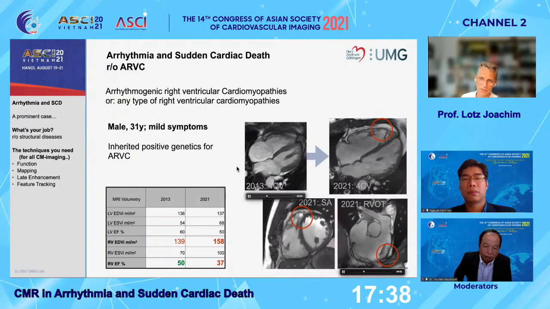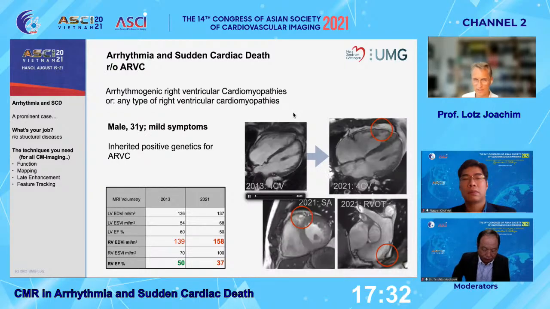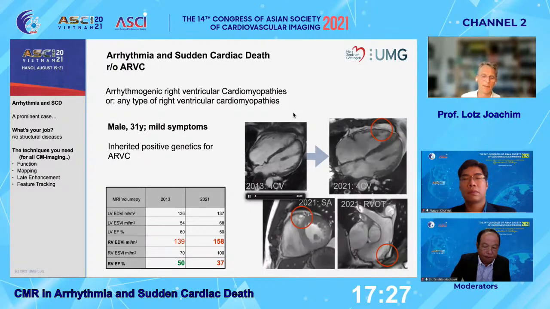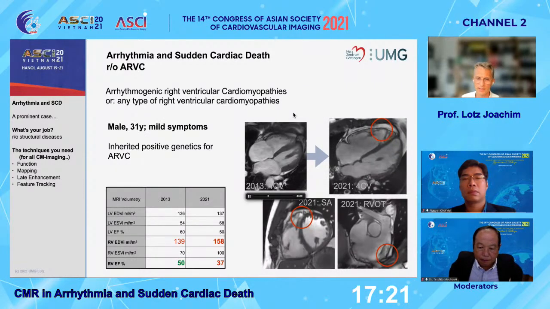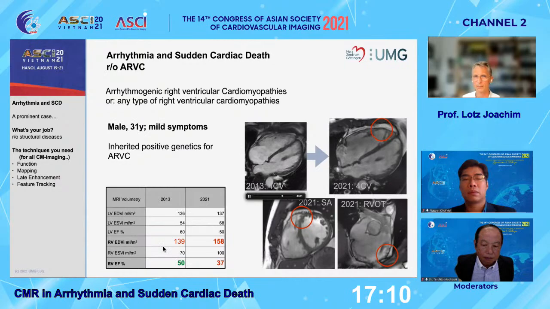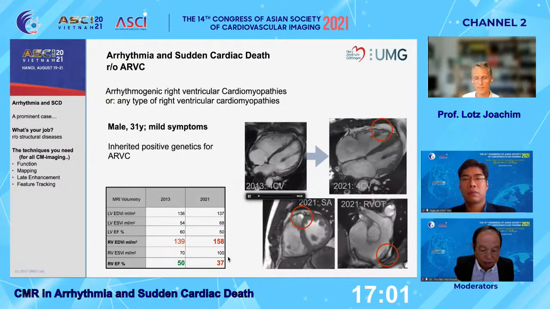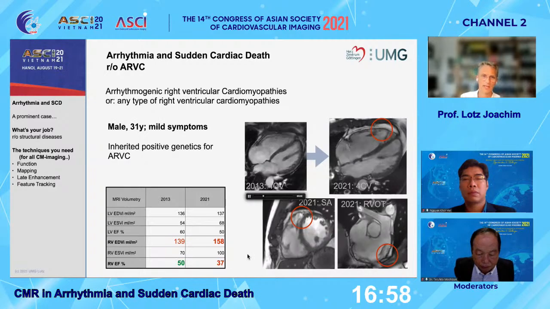If you look at the volumetry, so this is one of the major criteria. We have a new onset of dyskinesia, also of right ventricular aneurysm, so myocardial dyskinesia. And we are looking at the major criteria for the volumetric parameters, which is the end-diastolic volume index of the right ventricle and the ejection fraction. Both have dilated. So while in 2013 we were not so sure, he received the biopsies before, so we knew he has an ARVC. He is now the full-blown major criteria for the presence of an arrhythmogenic right ventricular